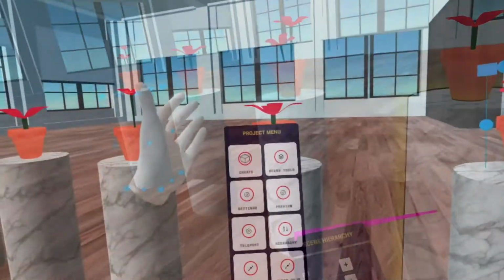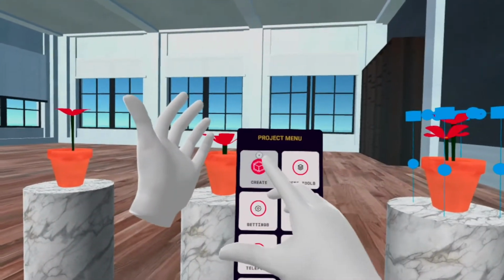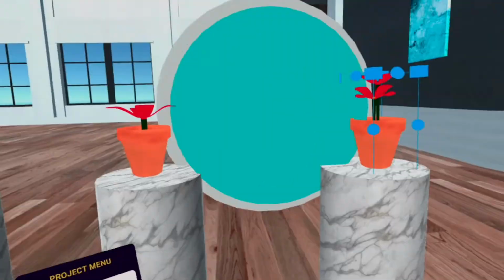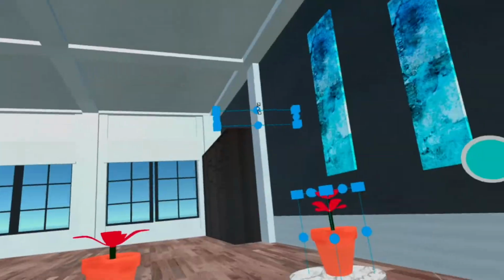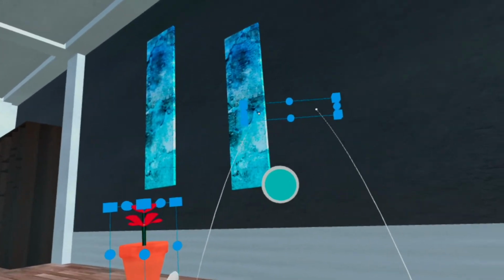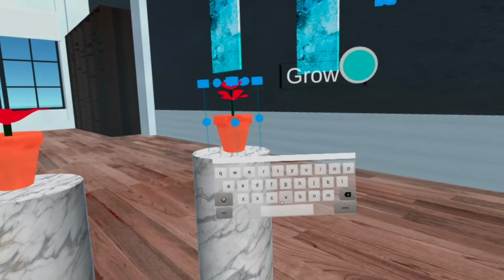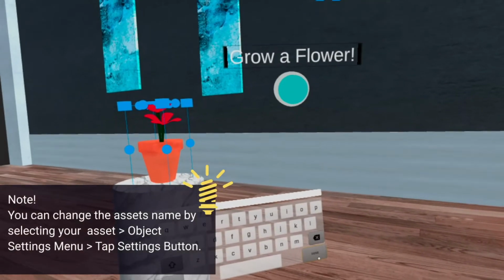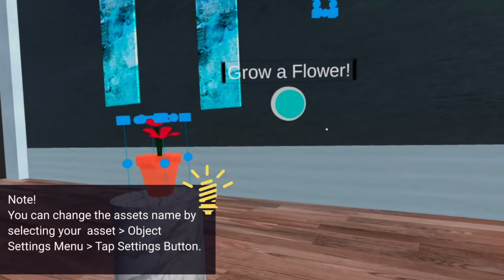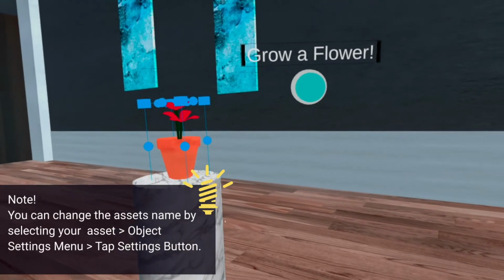Now, I'll be importing my button, which you can trade off for a primitive cube or sphere if needed. On the top of my button, I wanted to add some text to let my user know what the button did. An important note when using text boxes: if you find that you can't bring back the keyboard to edit